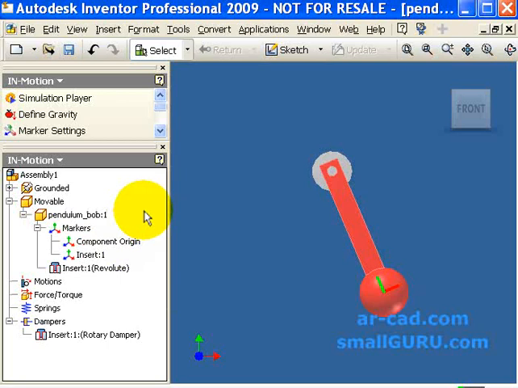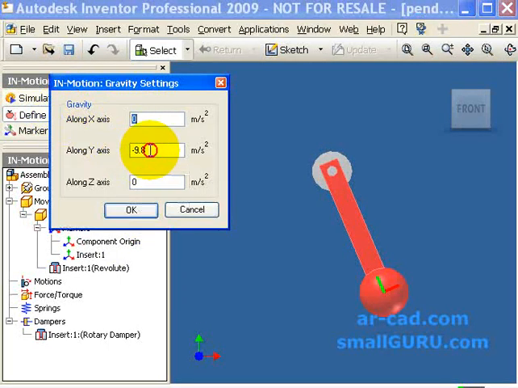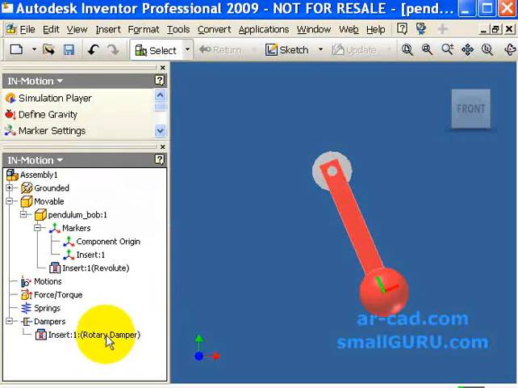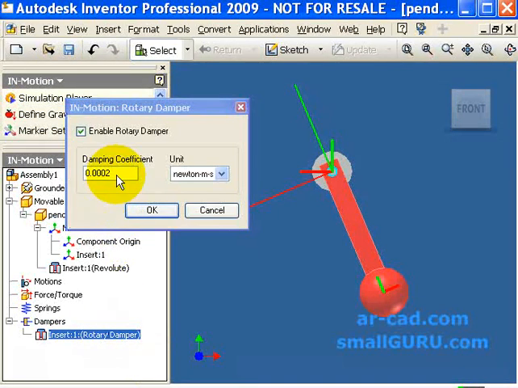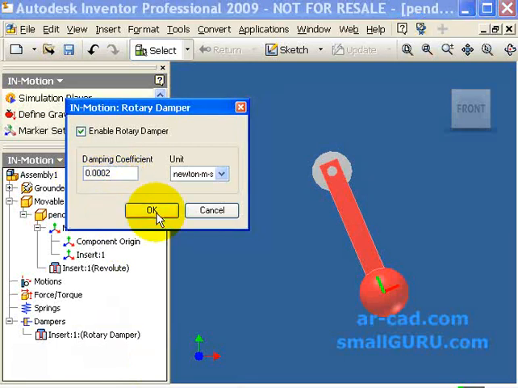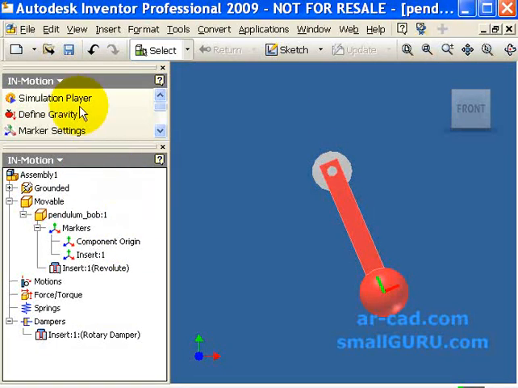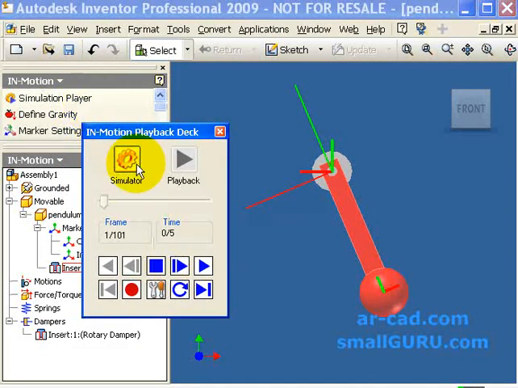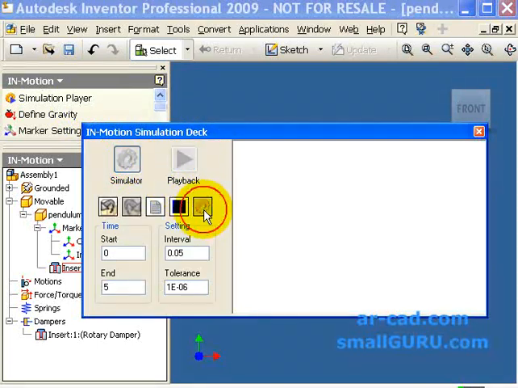Okay, this is a simple simulation of a pendulum being acted by gravity, and we also have a rotary damper at the insert joint, which has this value of damping coefficient. Once that is done, we go to simulation. When we start simulation,